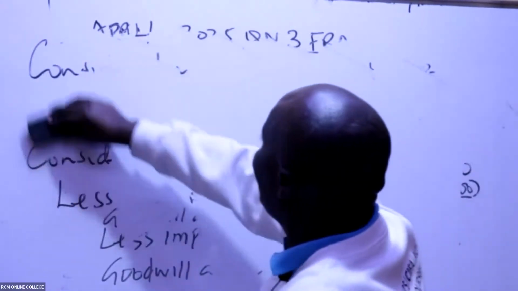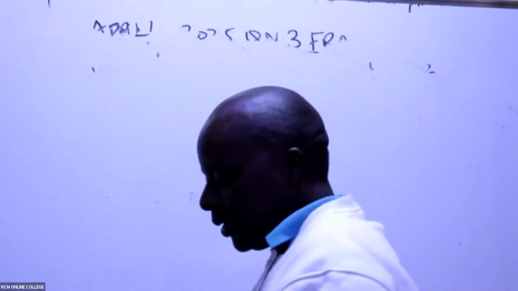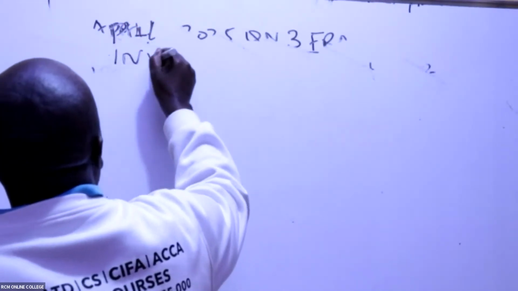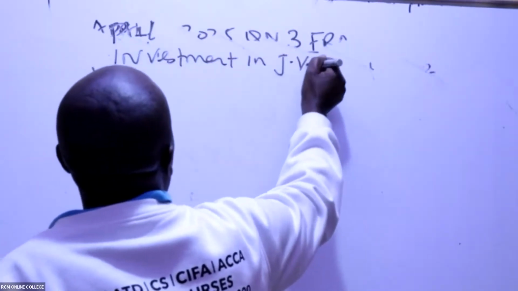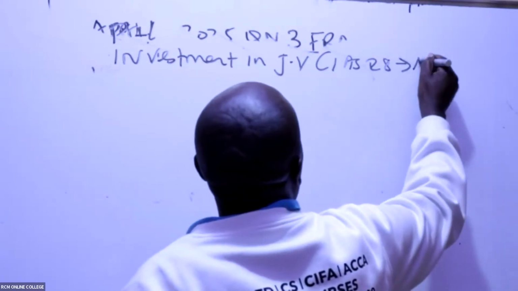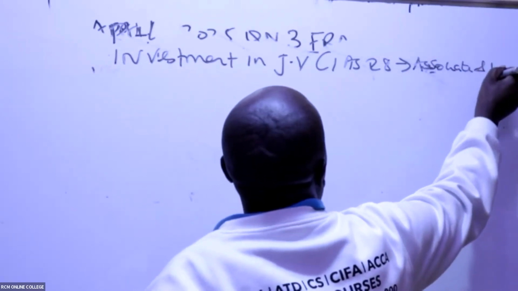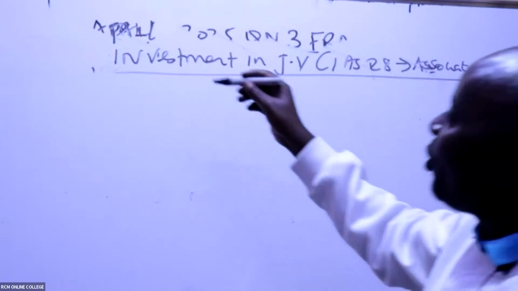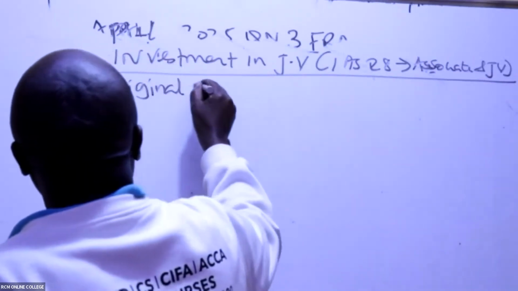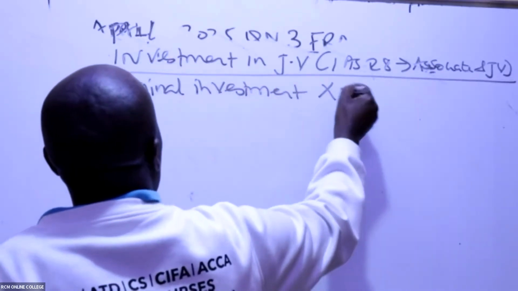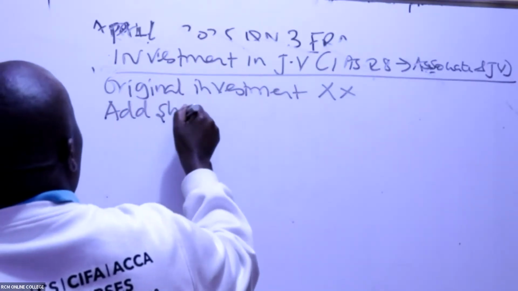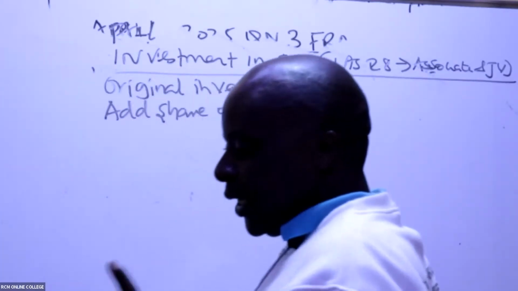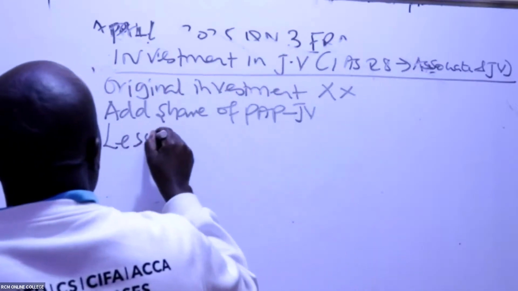So they want me, ladies and gentlemen, to come here and they give them the investment in JV. So investment in joint venture, IAS 28, you shall always value associates and joint ventures in the same way. It's called equity approach. You give us the original investment. In this case here, you add share of PAP. PAP of JV, not a subsidiary of the joint venture. And then you less impairment